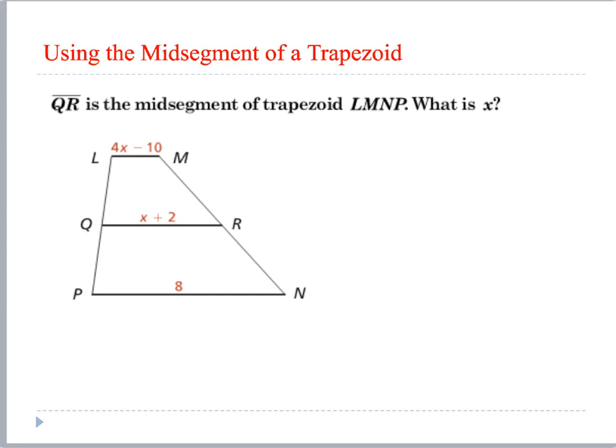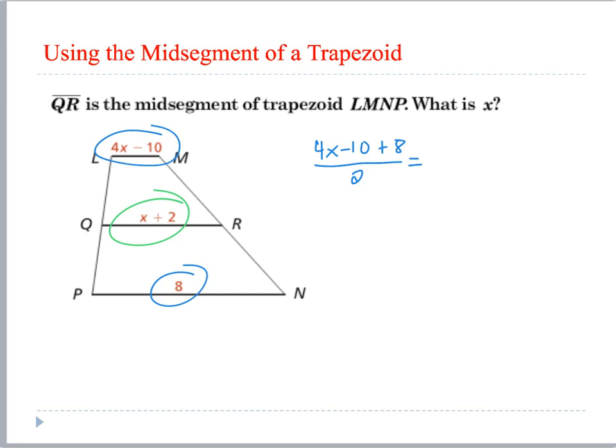Well, we just said that if we take the top and the bottom and add those together, so I'll take those two pieces, 4x minus 10 plus 8, add them together, and if I divide that by 2, that equals my mid-segment, x